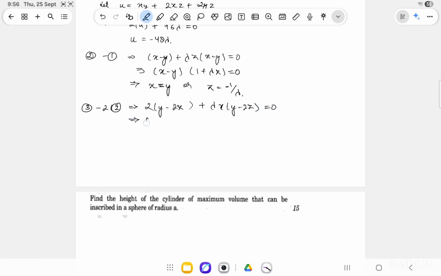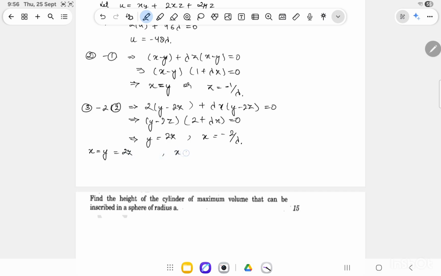So if I take y minus 2z common, I'll be left with 2 plus lambda x equals 0. So from here I got y equals 2z and x equals minus 2 by lambda. So I got my relation as x equals y equals 2 times z,